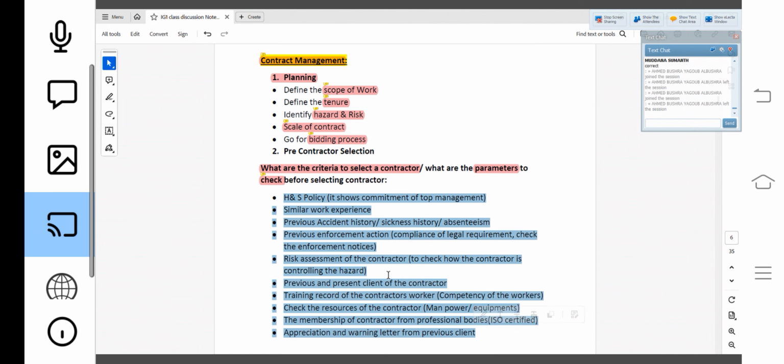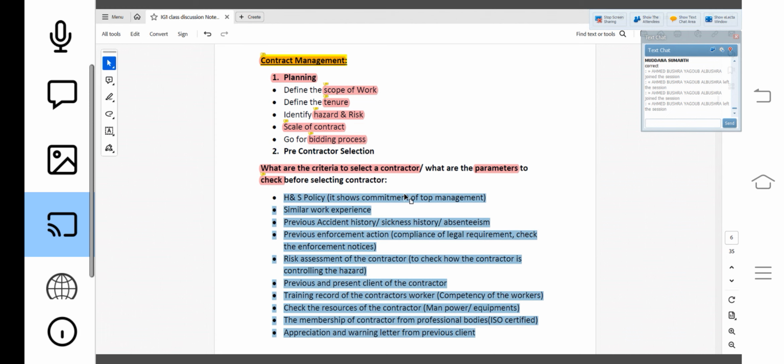Like when you apply for a scholarship, you have to meet some criteria, some parameters, then only you will be eligible. In the same manner, I want my building painted, so I want to ensure that the contractor who will come to my workplace to do the painting is competent.